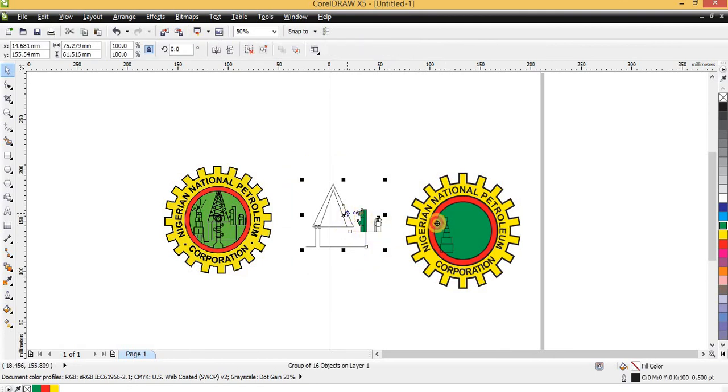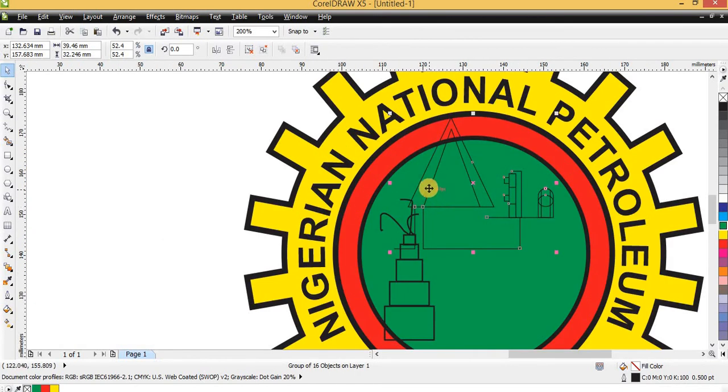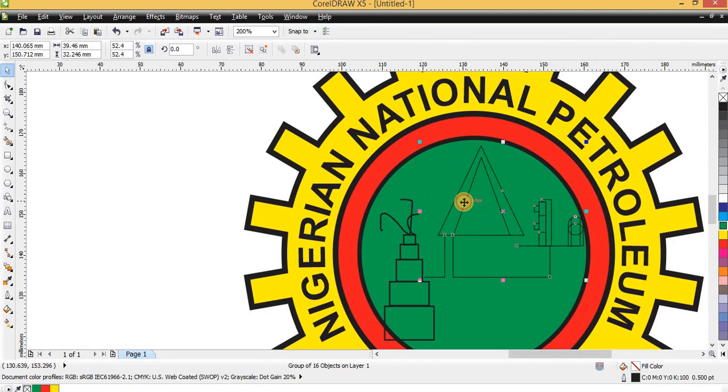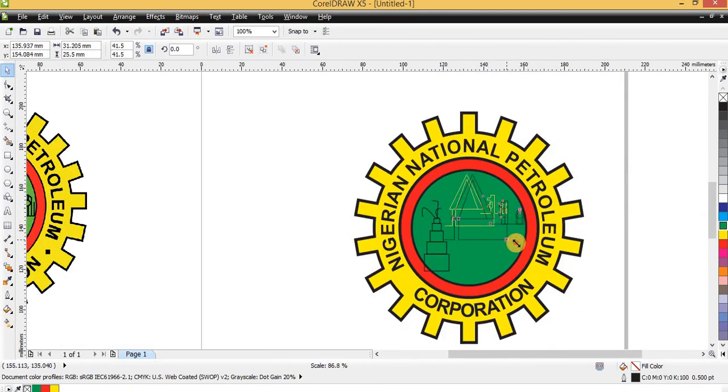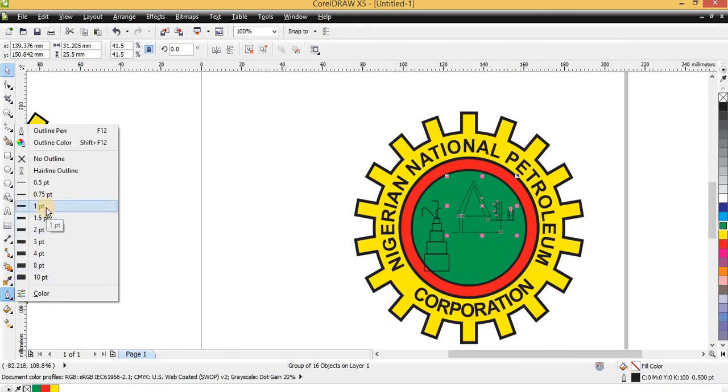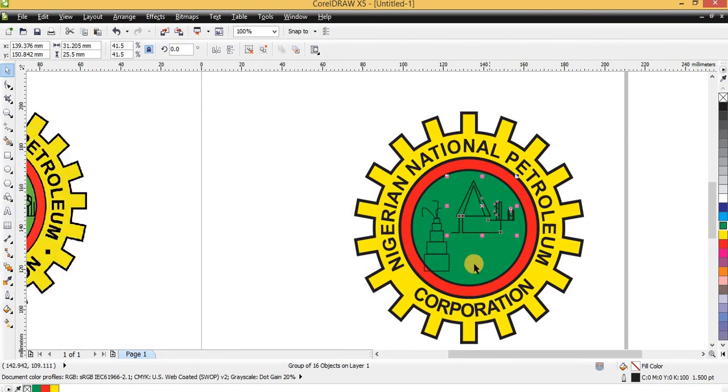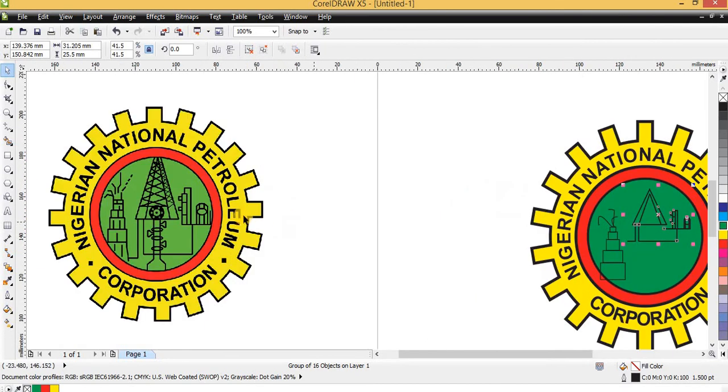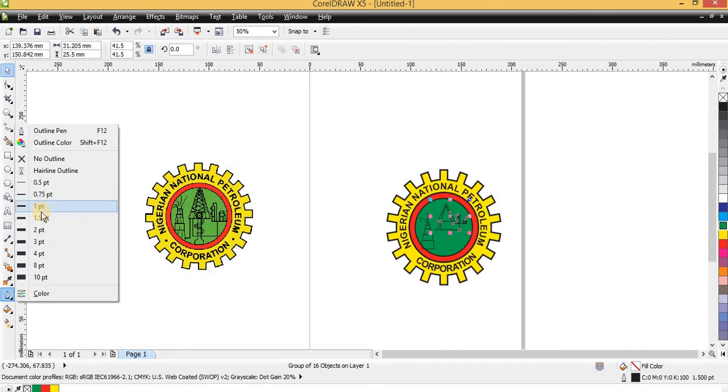I now have to lift all of these together, bring it into the place of placement. Usually I was supposed to have done it here. Okay, I was supposed to have done it here, and that's just it. Go to my outline tool and take maybe like 1.5 points. Is that too big? Use 1 point. Okay,